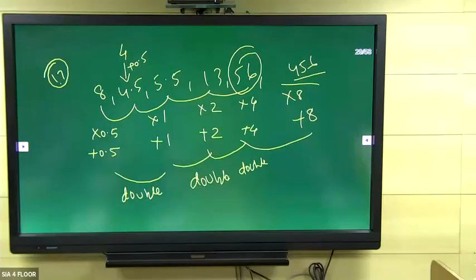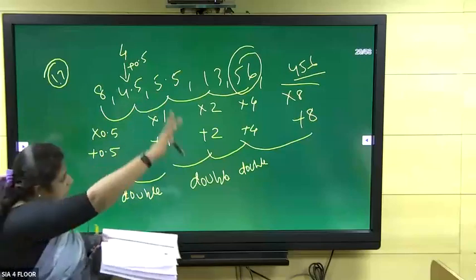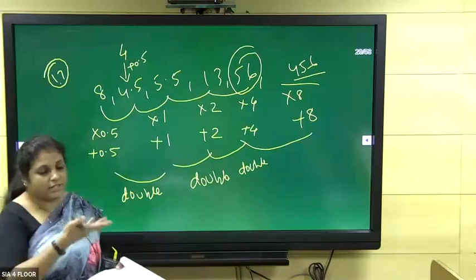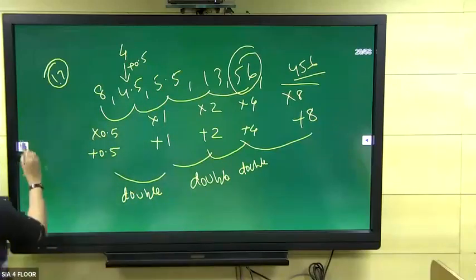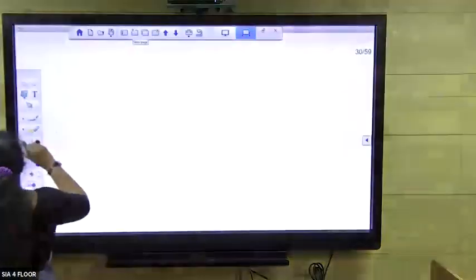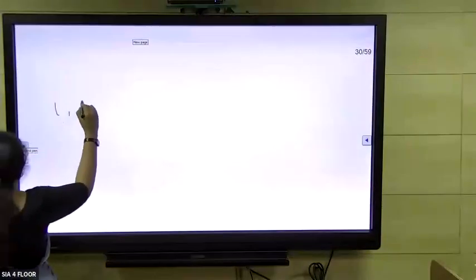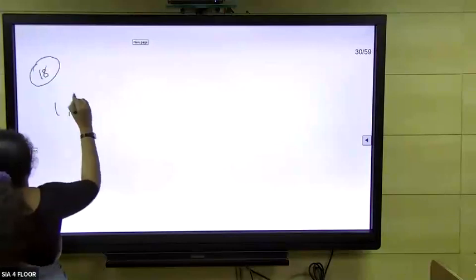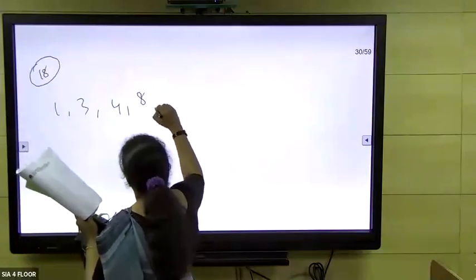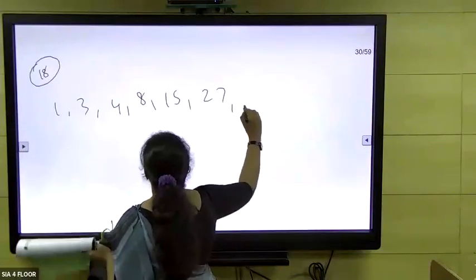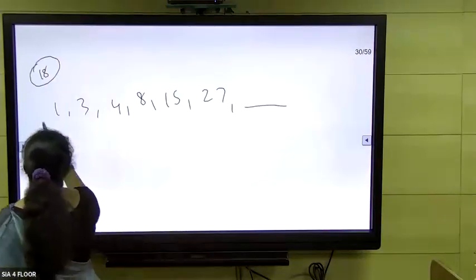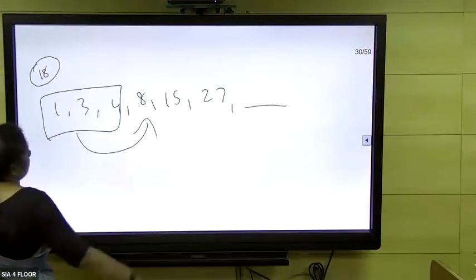Okay, and 18th one is little different, but it's very easy to identify also. If it doesn't come in any category, then you can give a try like this. Okay, which is Fibonacci series. Fibonacci series is nothing but, okay, adding these, the first 3 numbers will give you the 4th number.